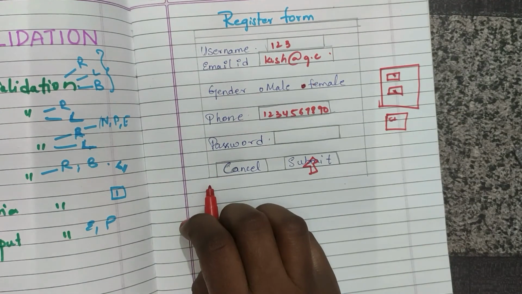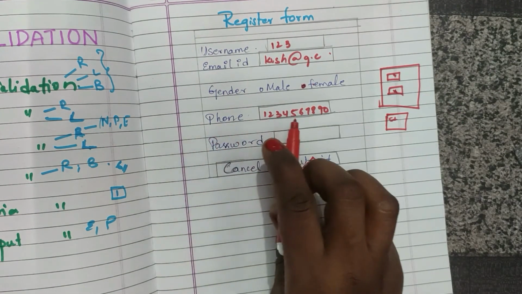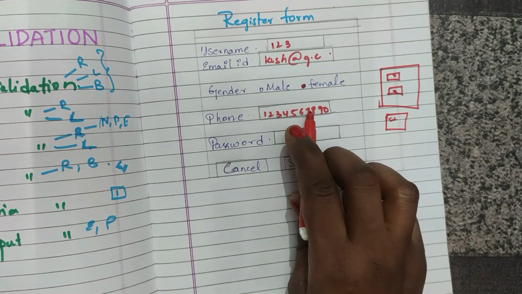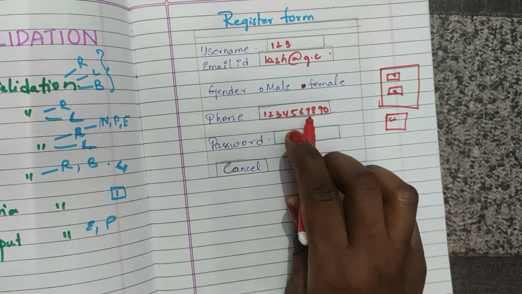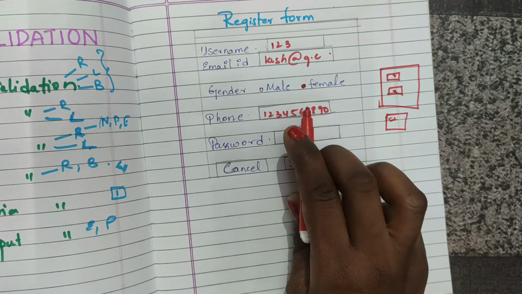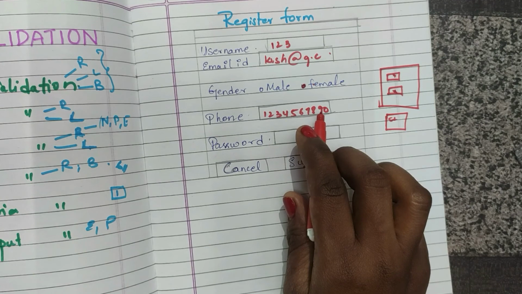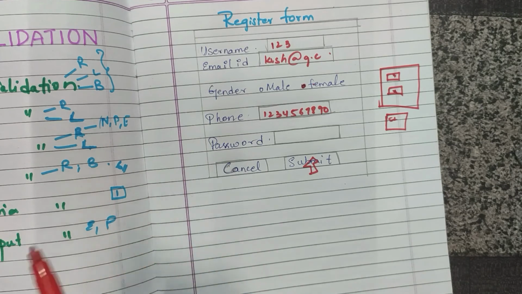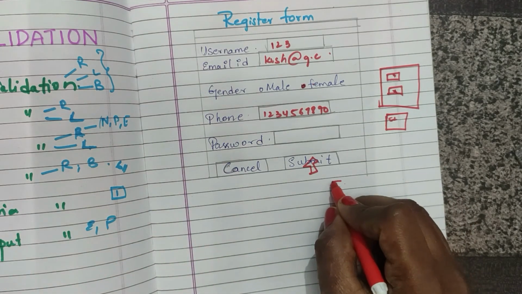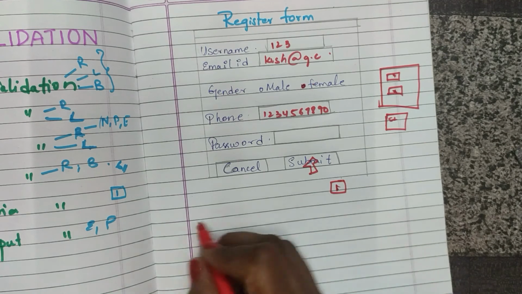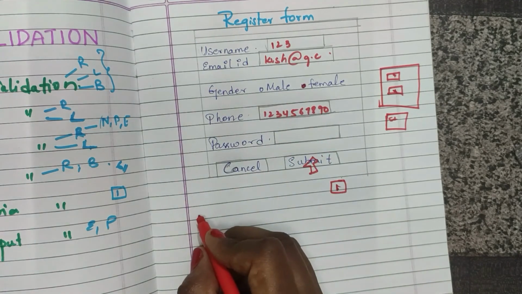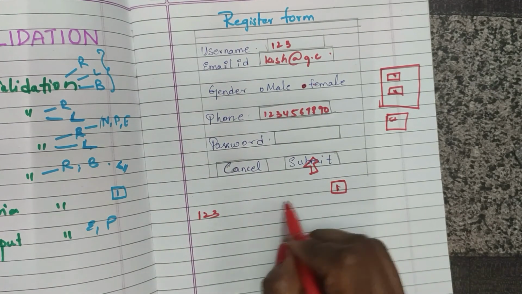In range level validation, we saw that for phone number you have to give 10 digits, and for pin code 6 digits. It should not be less than 10 digits. When it is less than 10 digits, you have to set the error or alert message: enter correct phone number. Now search criteria. Whenever I search for any ID, for example ID number 1, all the details of ID number 1 should be seen in a table. All these details will be brought down here. This is how search criteria validation works.